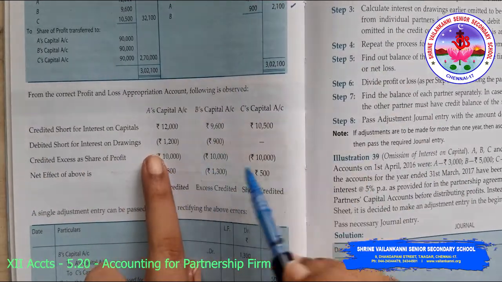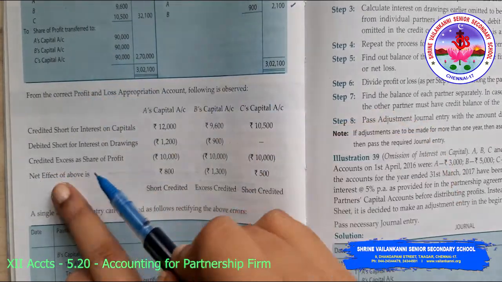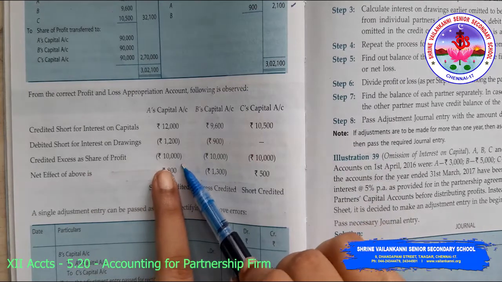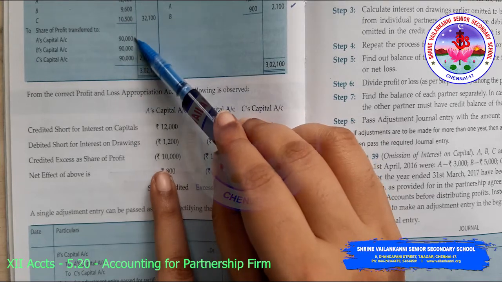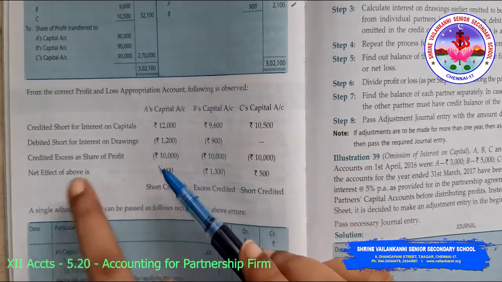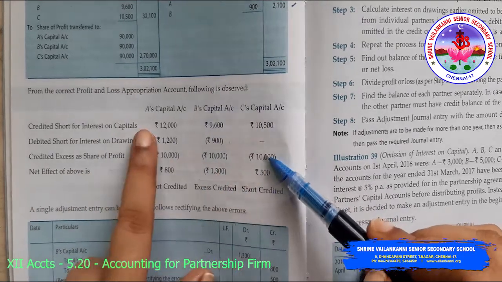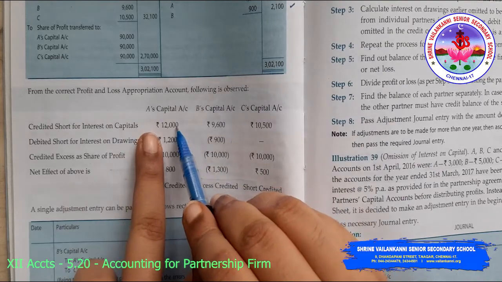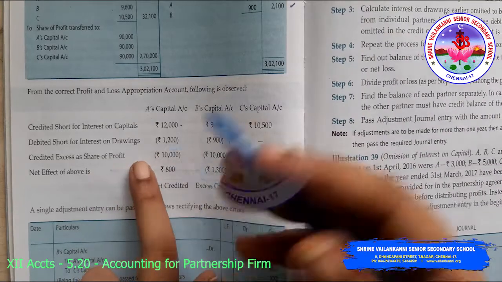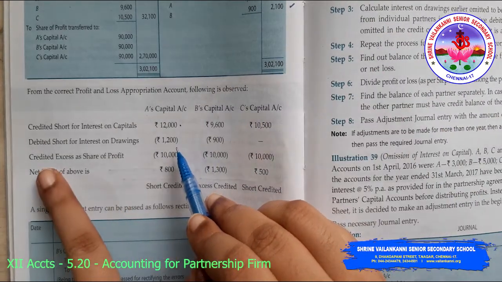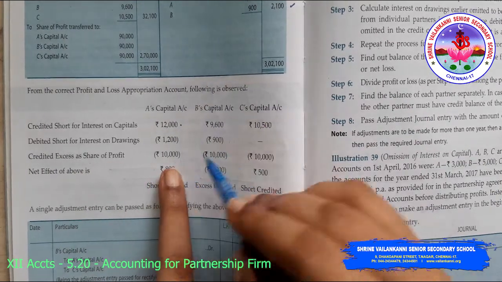And profits is to be debited again, because it was credited in excess. Previously it was 1 lakh, 1 lakh, 1 lakh, now we have only 90,000, so 10,000 is to be reduced. So credited in excess as share of profits, 10,000, 10,000, 10,000. You need to provide interest on capital, you need to charge interest on drawings, which you have not charged, and take back the excess share of profit. You are taking back the excess profit that you have given.